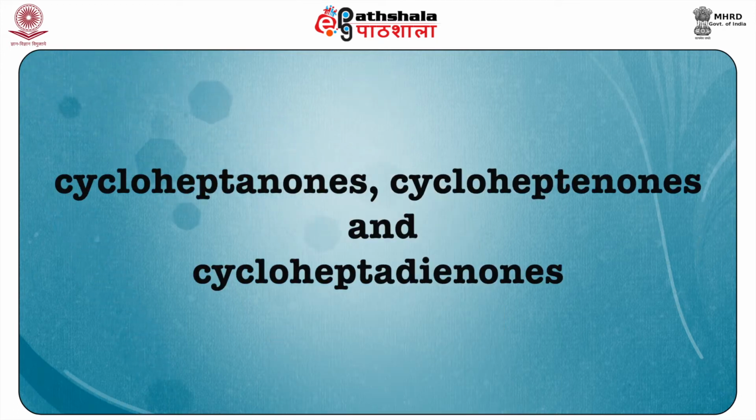Another method to prepare these tropolones is from cycloheptanones. Cycloheptanones as well as cycloheptenones and cycloheptadienones, all of them can be used for preparation of tropolones. The bromination of cycloheptanone provides an intermediate tribromocycloheptanone